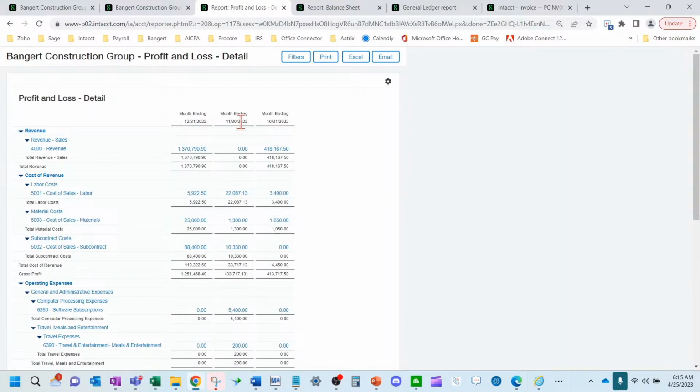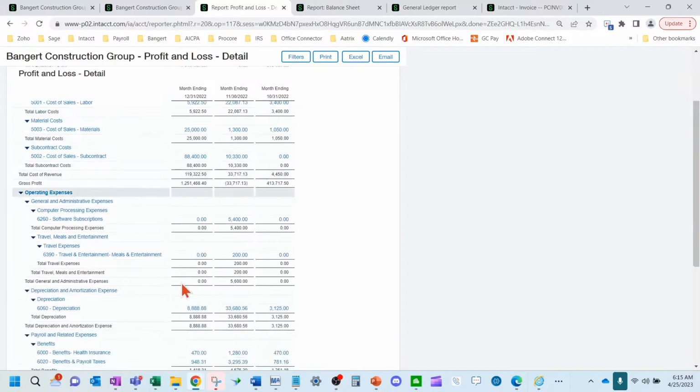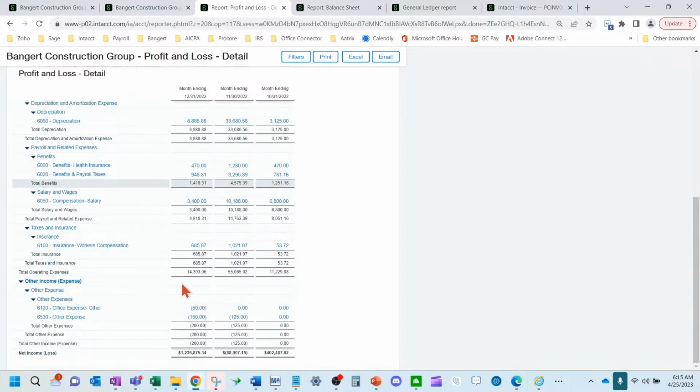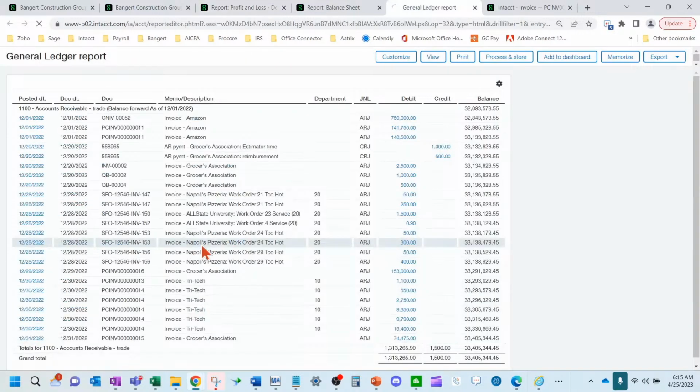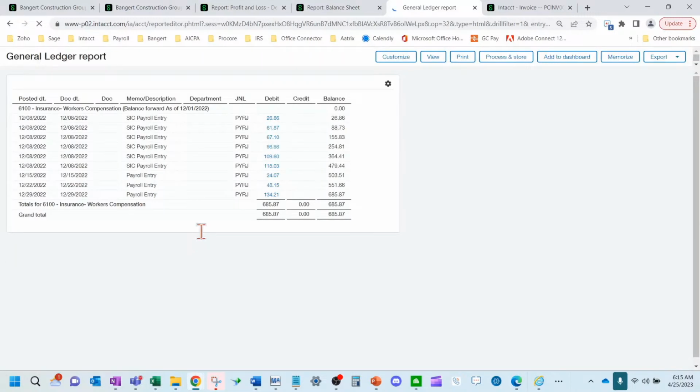And this one is set up to do 3 months, but you could do obviously a year-ending total here. But let's say they want to look at what you had coded into your office expenses, or let's look at this one, workers' compensation insurance. Okay, so they can see that these were, for example, some accruals from payroll.